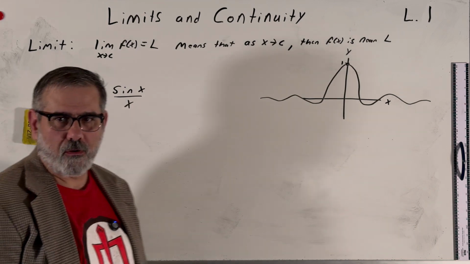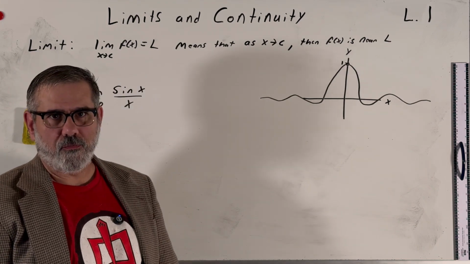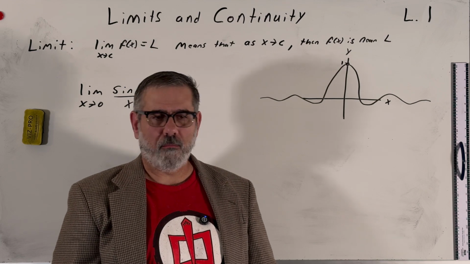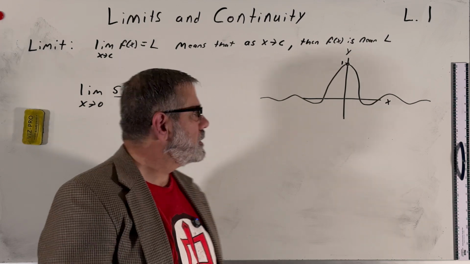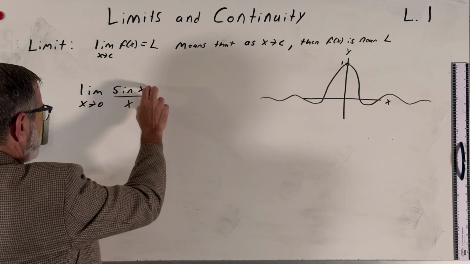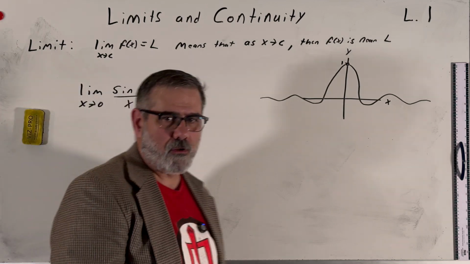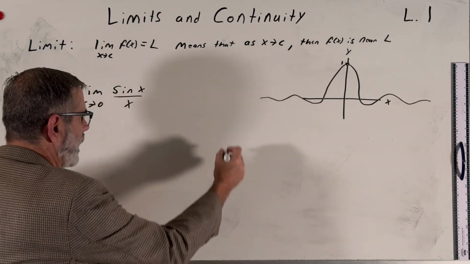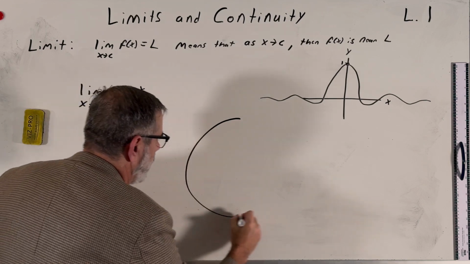Now there's a couple of ways that we can tackle a problem like this and find out what the limit is, okay? Now I'm going to show you kind of the physicist way, all right? And then later I'll show you a different way, a more mathematical way, okay? The physicist way to work on this is to say, okay, well, x is approaching 0, so x is getting very, very small, right? And we know that we have something called the small angle approximation, right? So if I draw a unit circle,